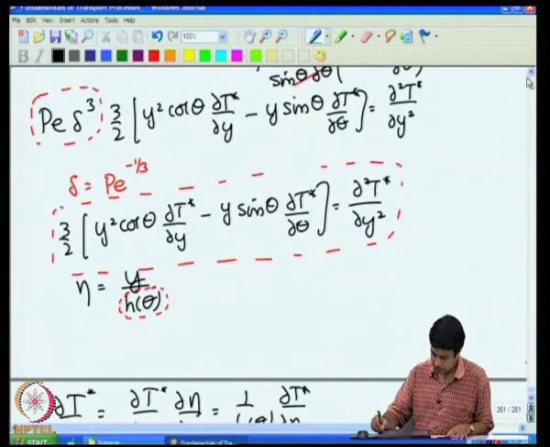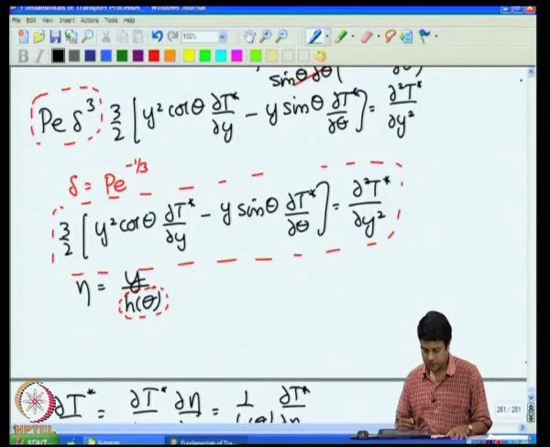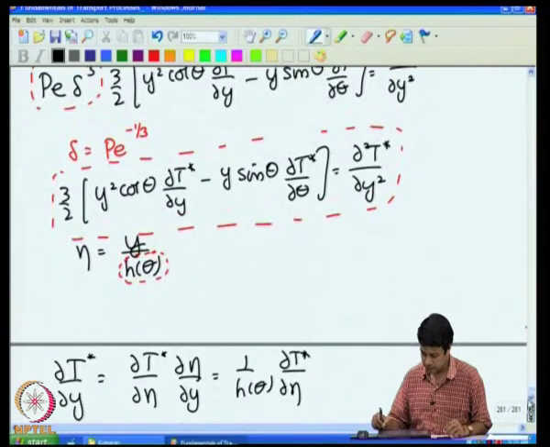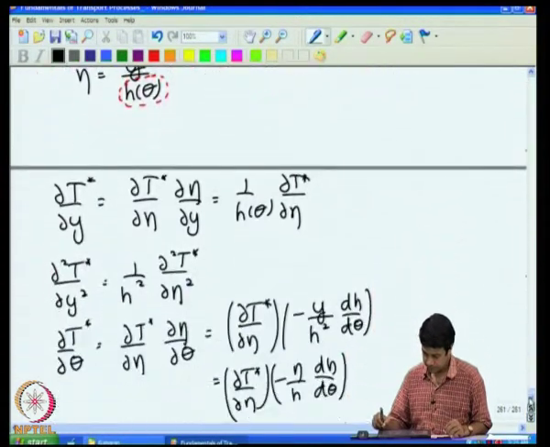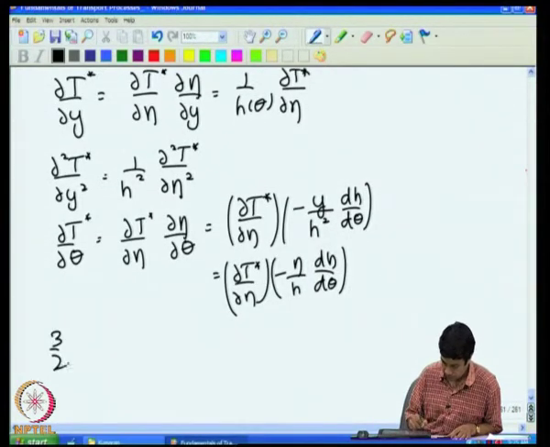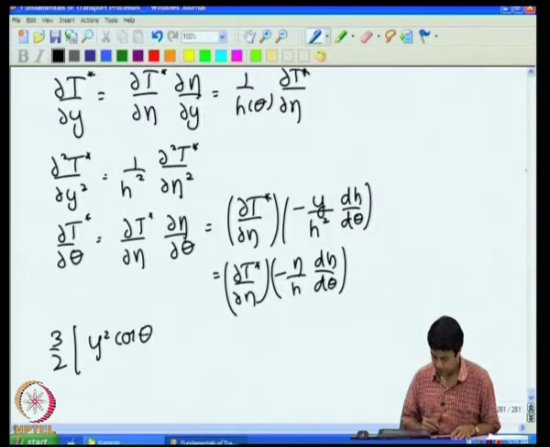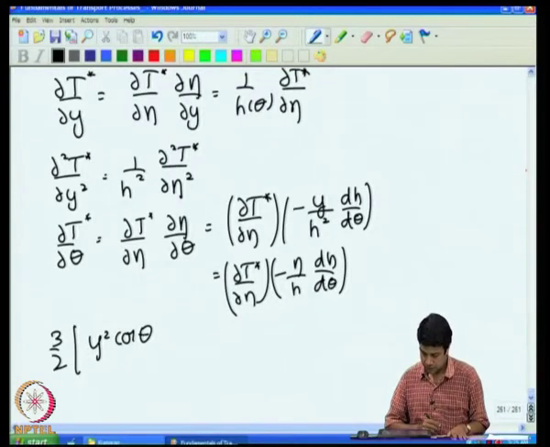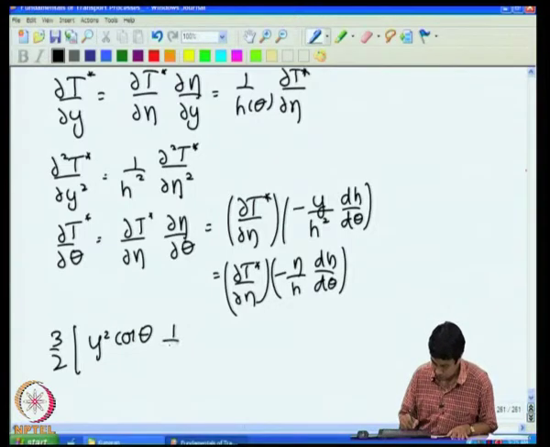So we put all this into the original differential equation, 3 by 2 y square cos theta dT by dy minus y sin theta dT by d theta is equal to the second derivative. So I have 3 by 2 into y square cos theta into dT by dy, which is 1 by h of theta